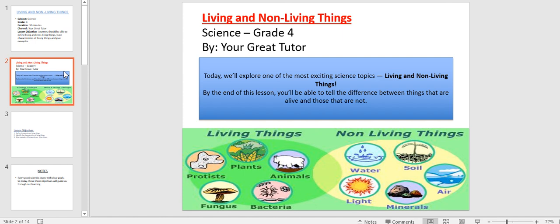So although it's a grade 4 subject, it's really advisable to grab all the concepts